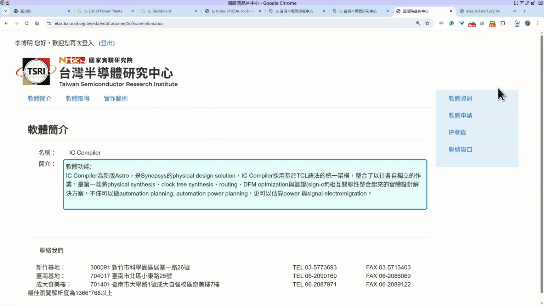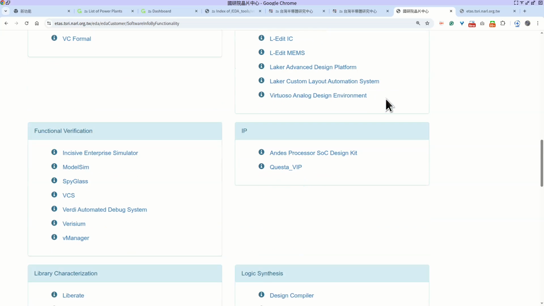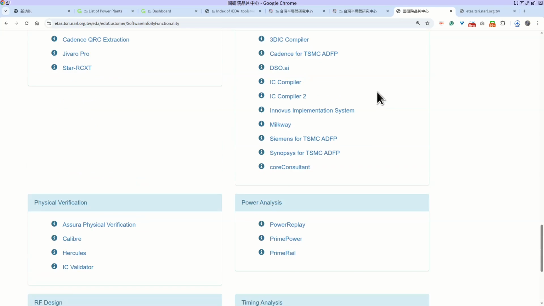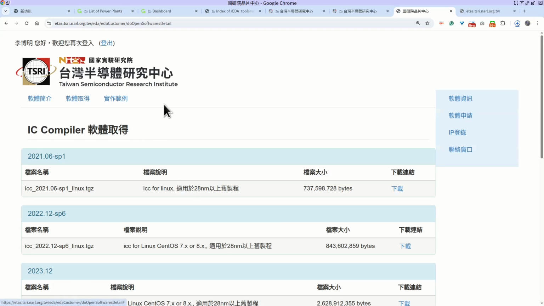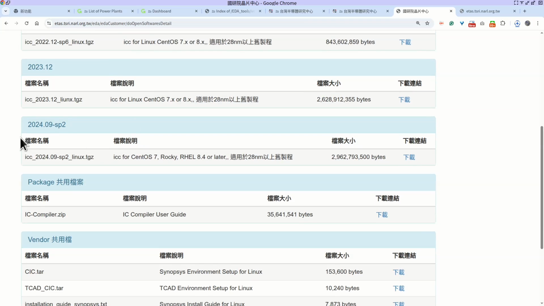Okay, please take a look at the TSI website. There are two different download locations for ICC and ICC2. If you go to the ICC software acquire tab, you can see that the newest version is 2024.09-SP2.